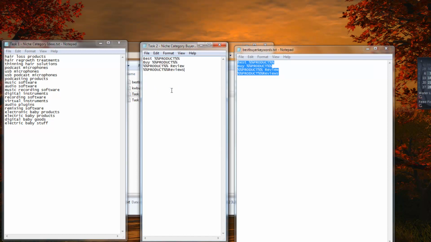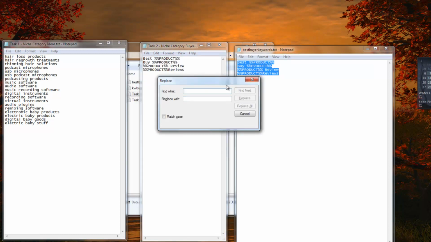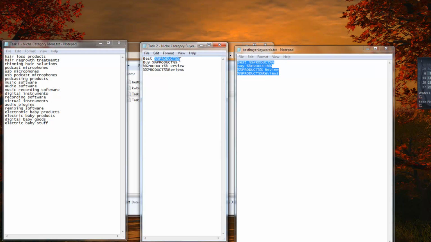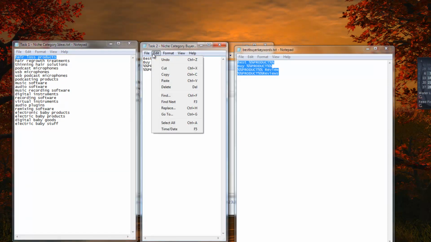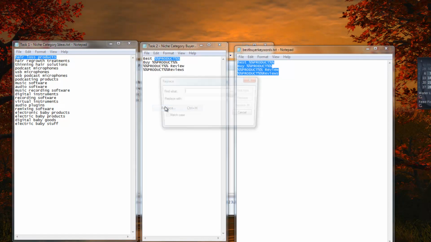You can press Control H, which will bring up this find and replace, and what we're going to do is replace this word right here with our word here, with our niche category idea. Or you can go to replace under the edit area,